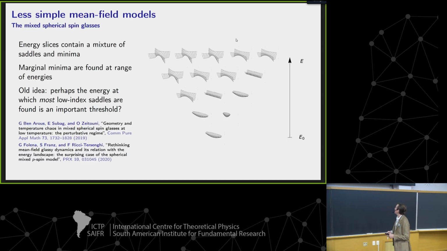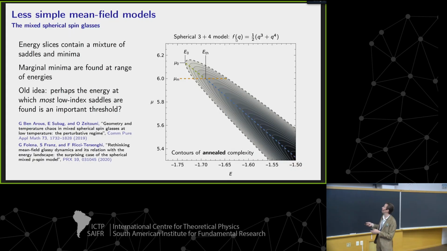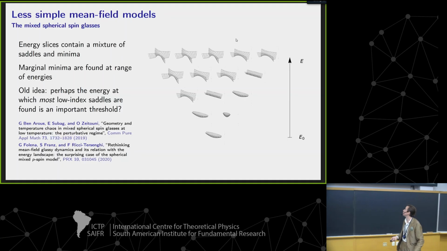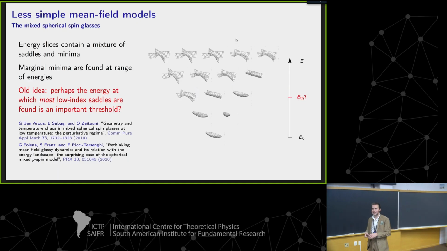Now, an old idea is that it shouldn't change the analysis so much. After all, the number of points is e to the n times the complexity. So if the complexity is slightly higher for a certain kind of saddle point or a certain kind of minima at a given energy, that means they are exponentially more numerous. They are the majority by a huge amount in the large n limit. And so you might expect a sort of majority rule, that the threshold should correspond with where the line of the dominant population becomes marginal.